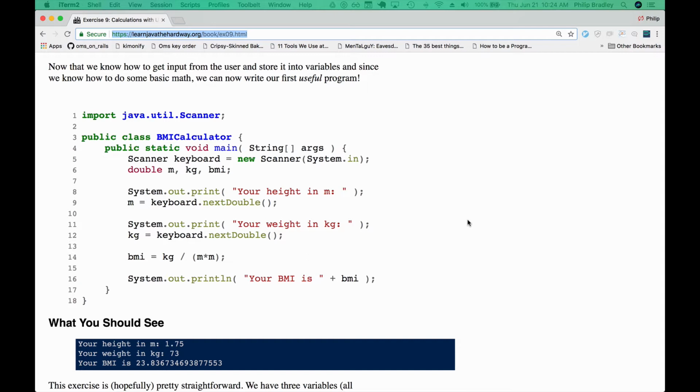So this whole program is like, give me 2 numbers, I'm going to run a formula and give you the output. This illustrates how to actually run calculations, and basically this is the first program that's doing anything truly useful. I don't know how useful it is to know your BMI, but